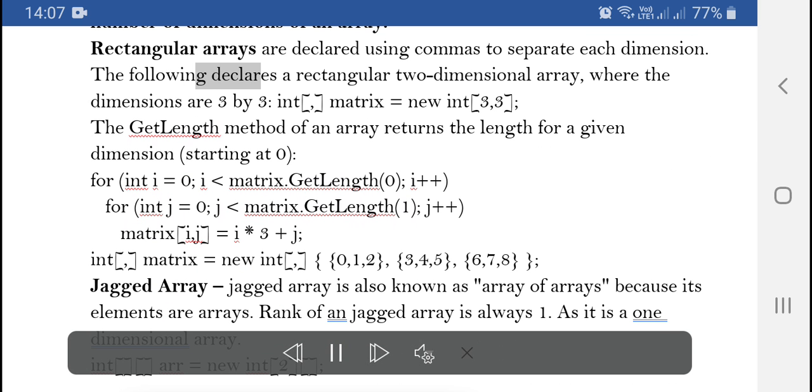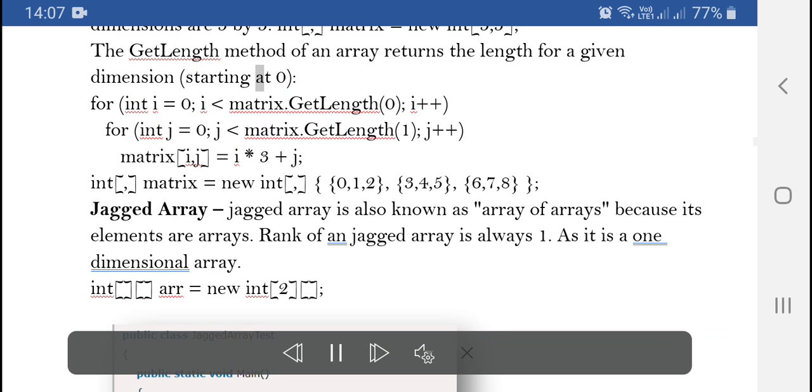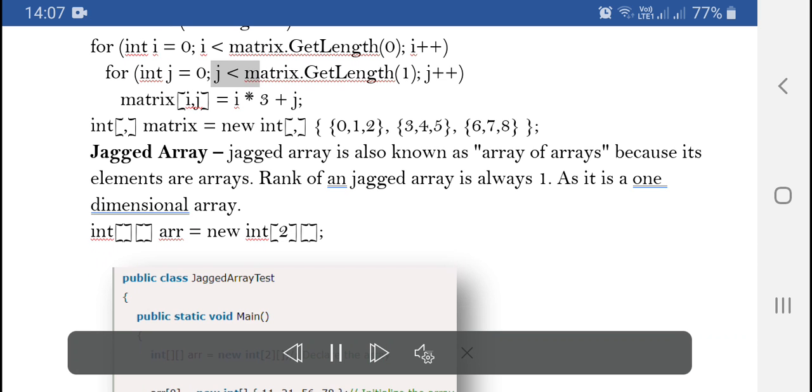The following declares a rectangular two-dimensional array, where the dimensions are 3 by 3: int[,] matrix = new int[3,3]. The GetLength method of an array returns the length for a given dimension, starting at 0: for (int i = 0; i < matrix.GetLength(0); i++) for (int j = 0; j < matrix.GetLength(1); j++) matrix[i,j] =